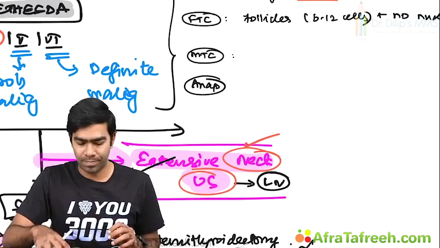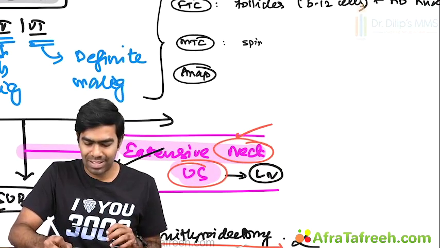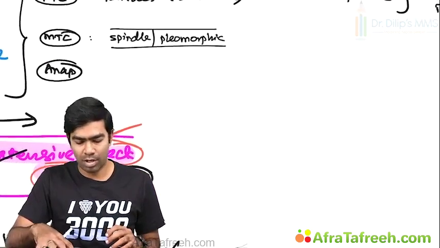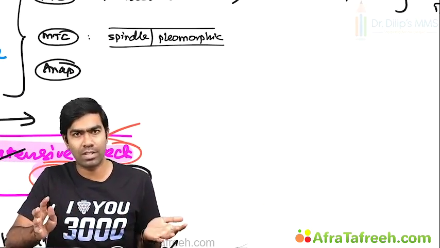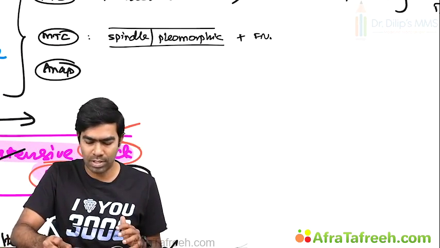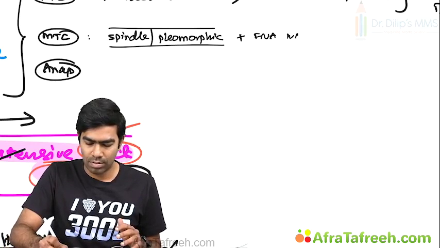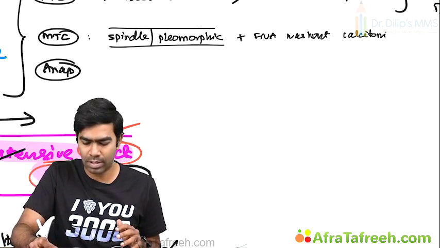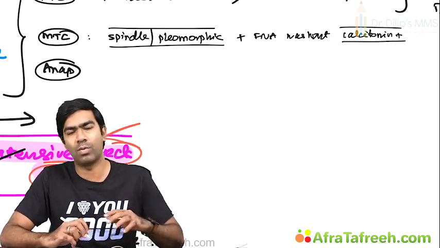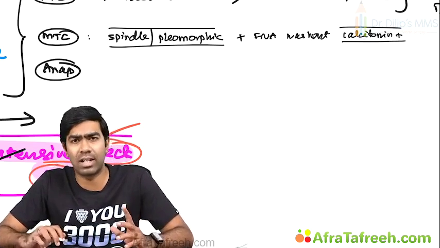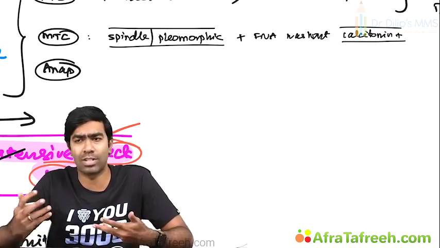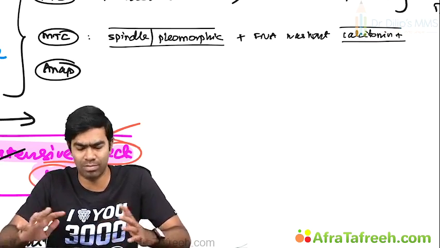So, in an MTC, you're going to see spindle and pleomorphic cells. But more importantly, they won't have any follicular arrangement, nor any nuclear features suggestive of PTC. But very importantly, this FNA washout will be calcitonin positive rather than thyroglobulin positive. They'll be thyroglobulin negative, but calcitonin will be positive in the FNA washout. And if you put markers, again, they'll be thyroglobulin negative, calcitonin positive, and a lot of other markers I told you, synaptophysin positive, chromogranin positive, that will tell you it's likely to be an